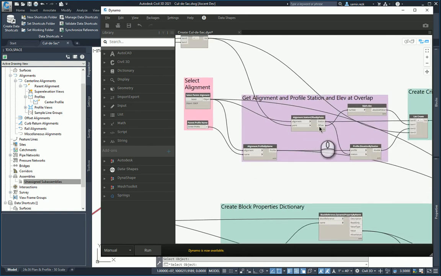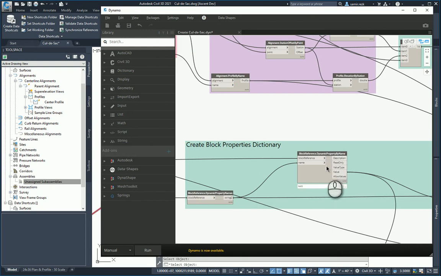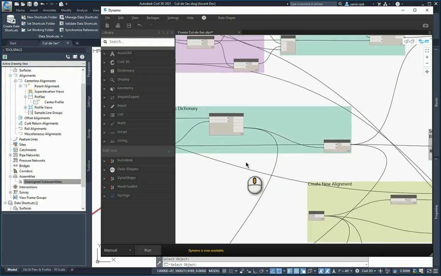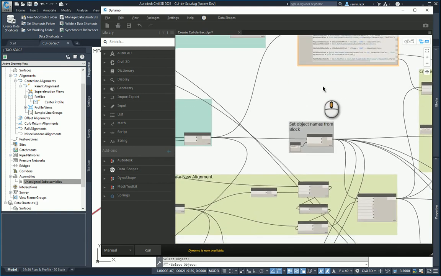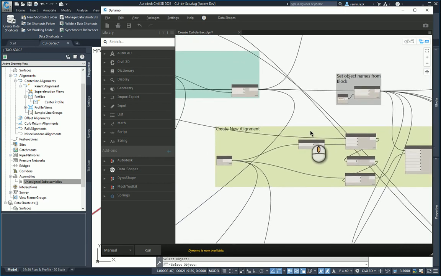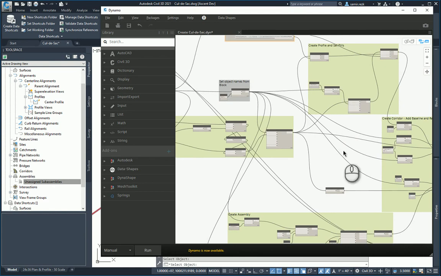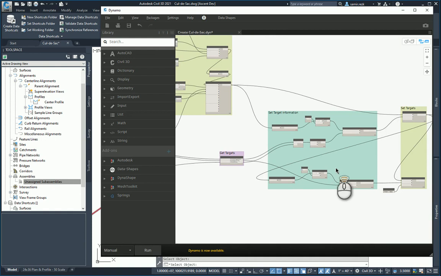and it then calculates the elevations at those critical points. From the block properties, we extract all the dynamic properties information. Most importantly, I need to understand if the island is on or off, and the name of the block. Then this short code block here will calculate the elevations at those three critical points. Then it will create a Civil 3D alignment, a Civil 3D profile, an assembly, and a corridor like we'd expect, and then set the targets for